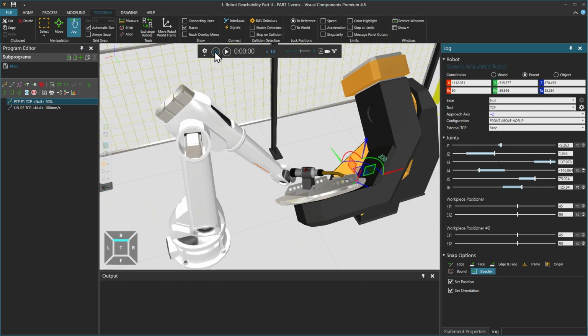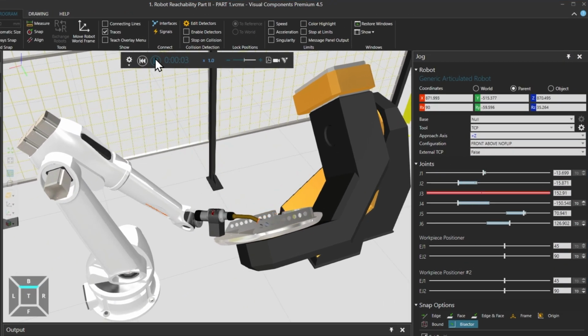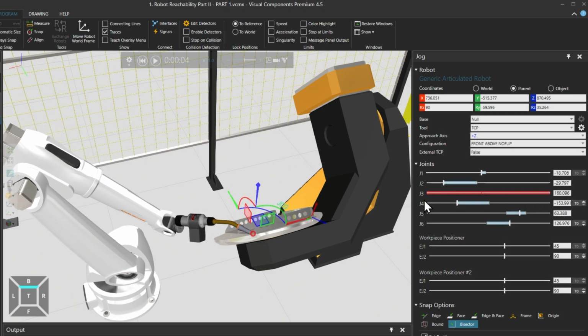We can then reset and run the simulation and use the jog panel on the right to monitor the joint values. And you can see that almost halfway through the motion, joint J3 begins to move outside of its limit and is now highlighted red. And if you place your cursor over the joint J3 in the jog panel, you can see that its limits are from -120 degrees to +150 degrees, and currently it is greater than 150 degrees.